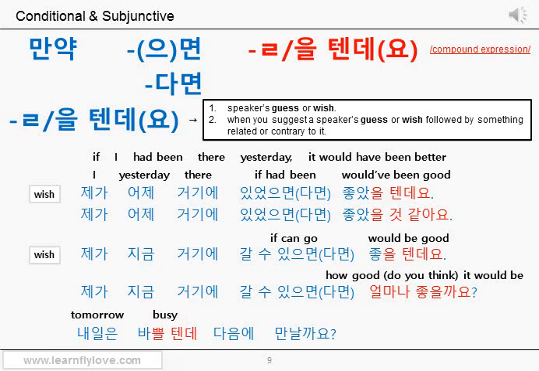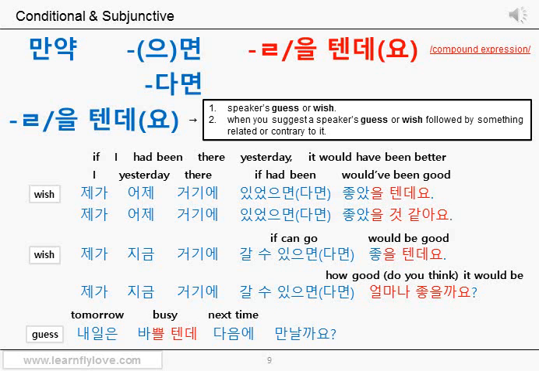바쁠 텐데. 바쁠 텐데 is the combination of the adjective 바쁘다, which means to be busy, and final 르 consonant plus 텐데. This time, 바쁠 텐데 is your guess. 내일은 바쁠 텐데. The subject is omitted, so it can mean I must be busy tomorrow too. But let's say it means you must be busy tomorrow. 내일은 바쁠 텐데. 다음에. 다음 means next time or next. We add a particle 에 because it's a time-related word, plus it indicates a point in time.